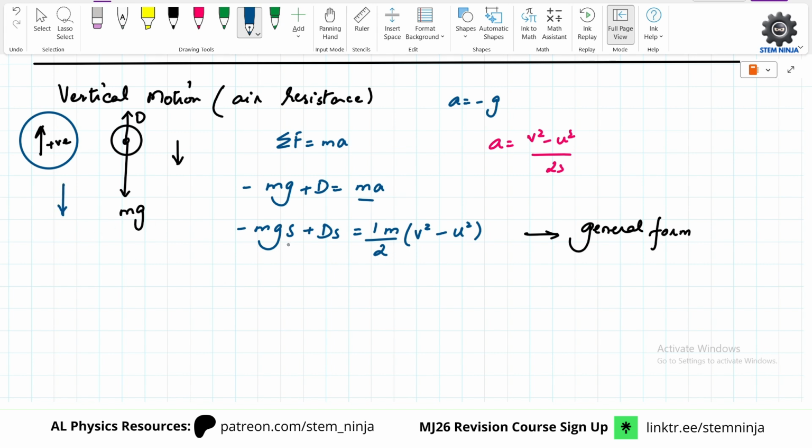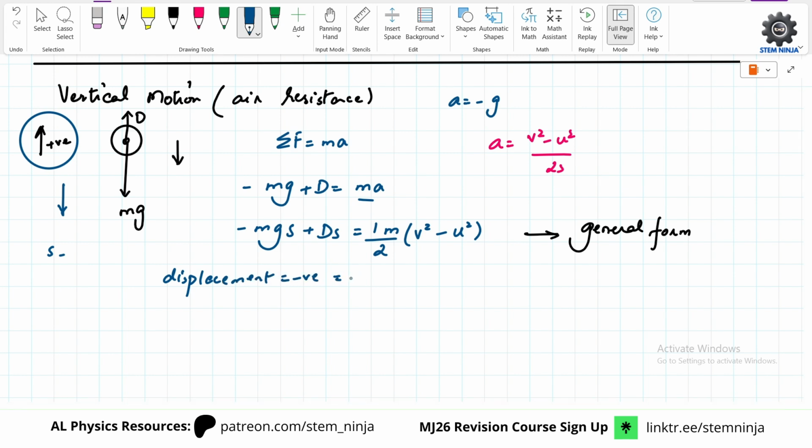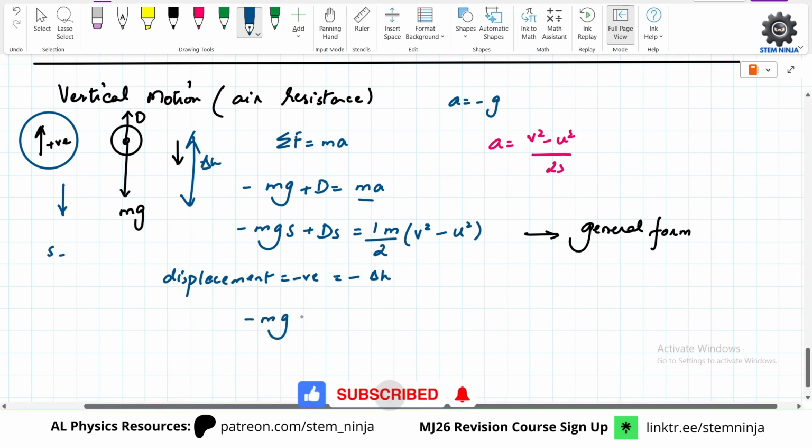The s is basically going negative. So displacement is negative. So let's call it minus delta h. So the change in height is negative. So when we do minus mg times minus h,